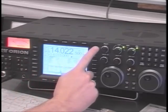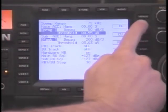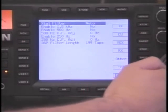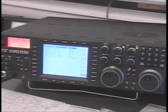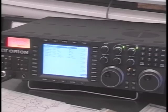In the filter menu, we can set the crystal filter to automatic. This will bring in the desired mode-appropriate roofing filter automatically as you adjust the DSP bandwidth filter settings across the value of the roofing filter. It's likely during a contest that loud signals are going to be present nearby, and minimizing them as a factor in overall receiver performance is paramount. This is where every other transceiver fails under